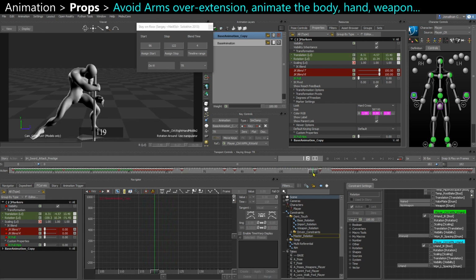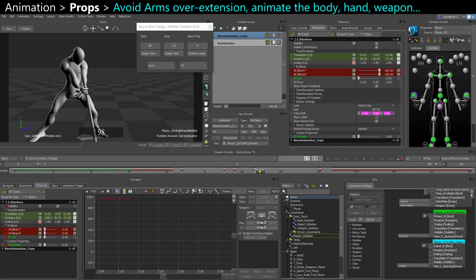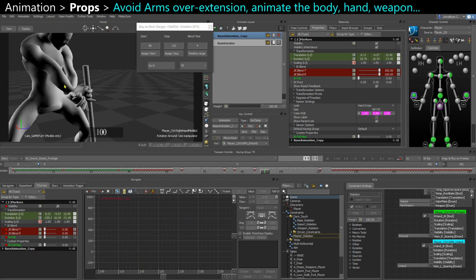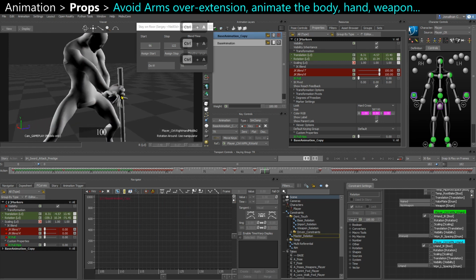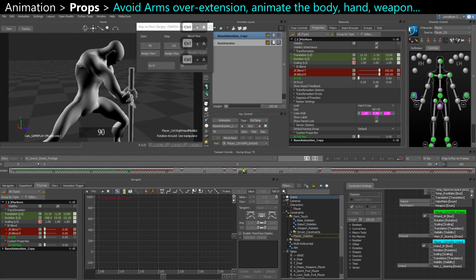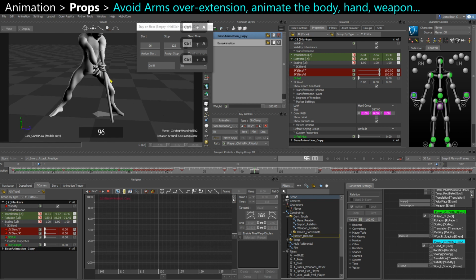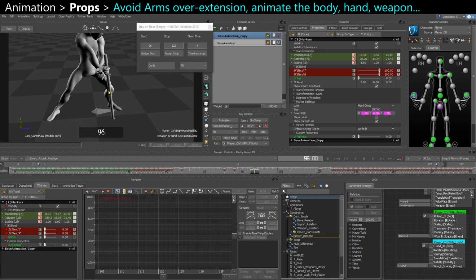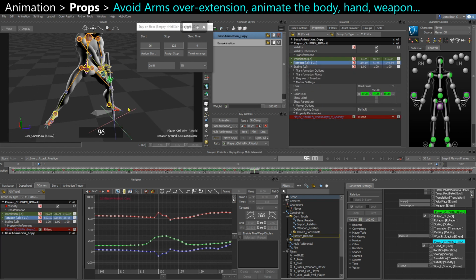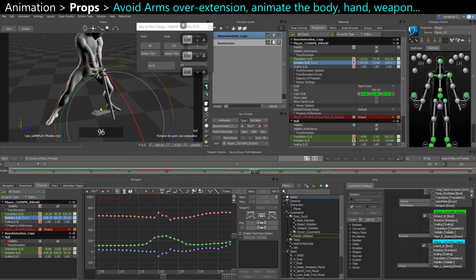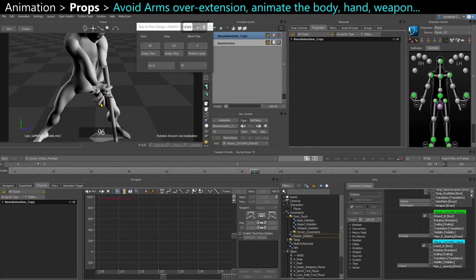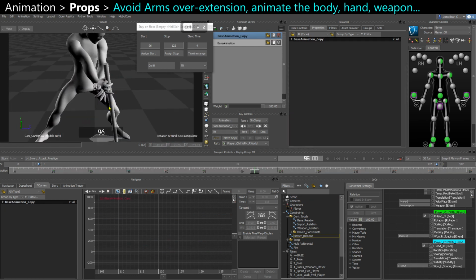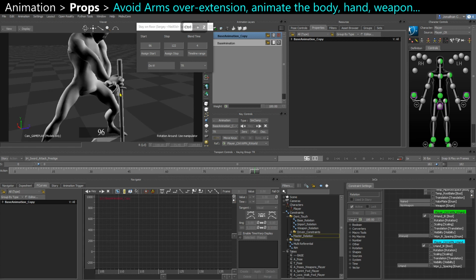Okay, so my hand is following the weapon, but you can see that now it's pulling the arm a bit too much around that frame here. So what I can do is, of course, edit my weapon animation so the weapon tries to reach for the hand a little more. So I could do that on a layer. But at that point I'm happy with the weapon animation, so I just want to adapt the body to the weapon,